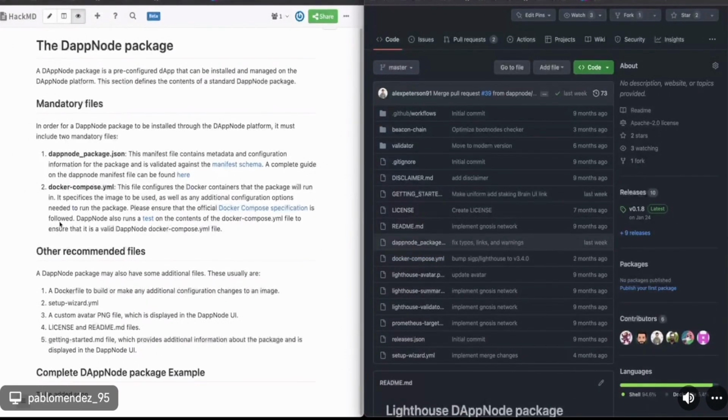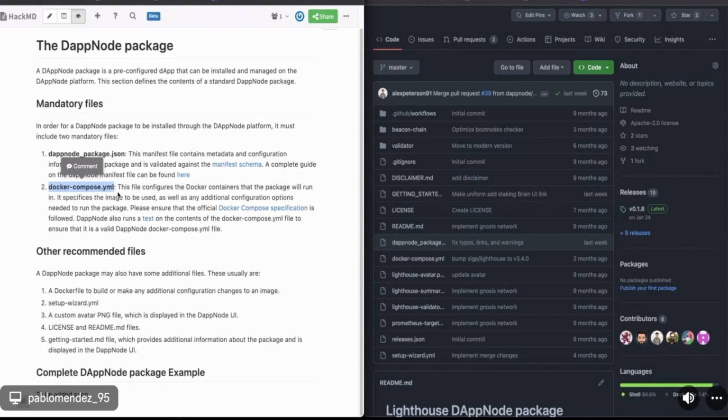So the main important files are the manifest. This is mandatory, and the compose. So the compose, if you are a developer, you should already know what it is about. And this one, which is the dappnode_package.json, it is what we call manifest. And it contains metadata, like the package name, the version. Let me show you.